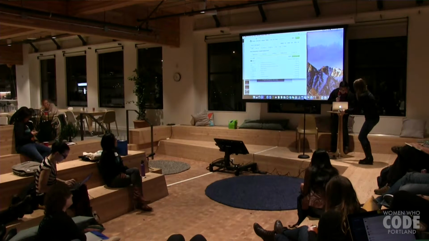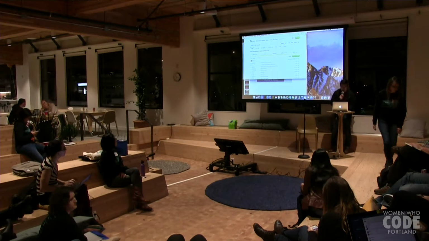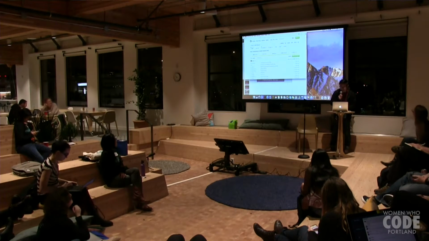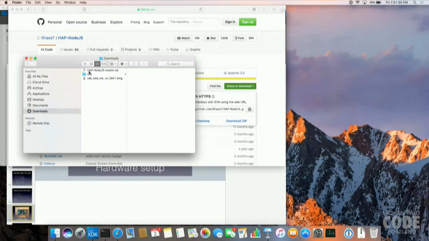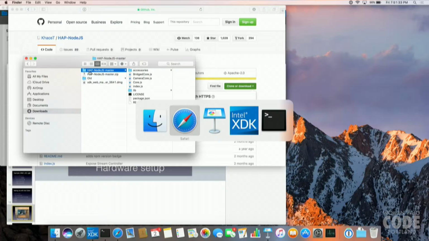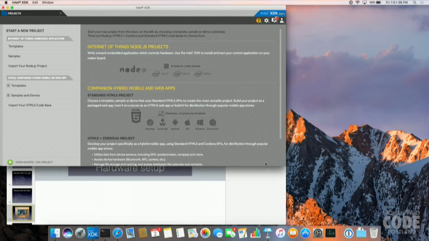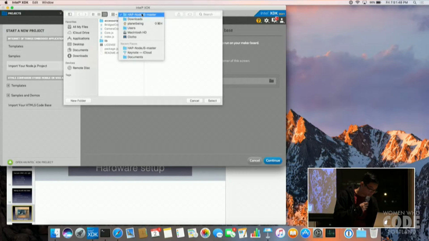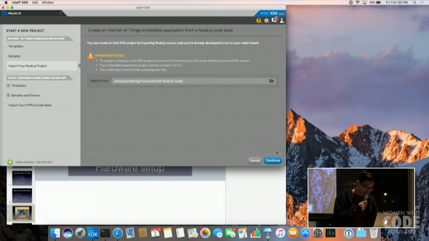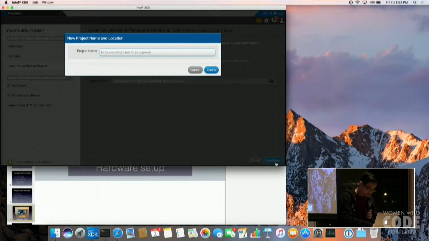So the first thing you need to do is download HAP-NodeJS. So just go to this site, and I'll give you the URL later, and just download zip. And then you have to unzip the file. And then you can go into Intel's XDK program and create a new project and import that folder that you just downloaded. So it's already selected, so I'm going to press select. And then we just can call it